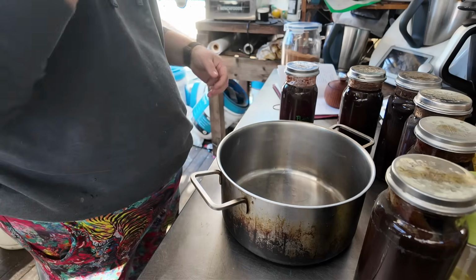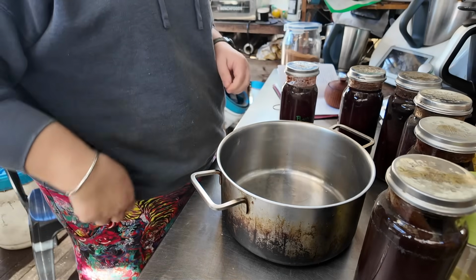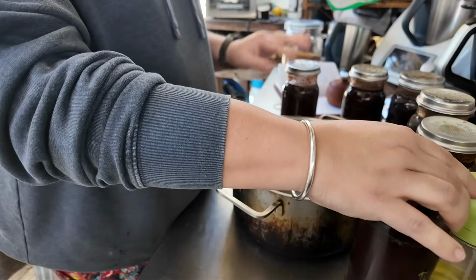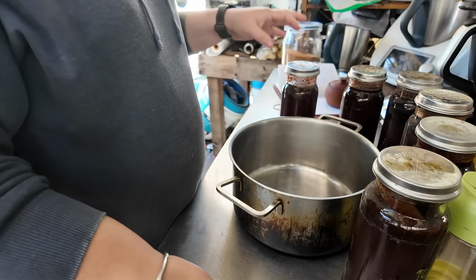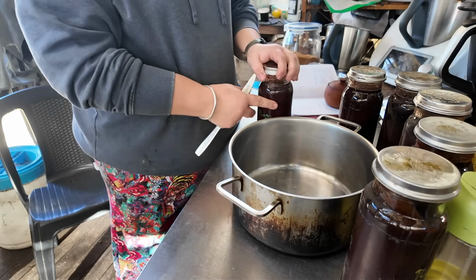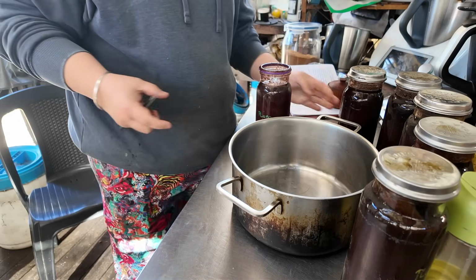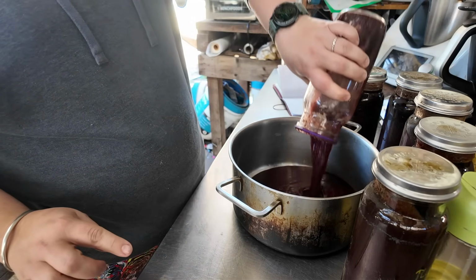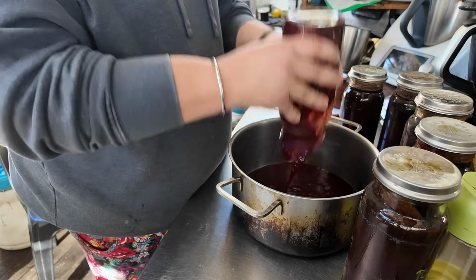All right, so it seems that there's less plum barbecue than I expected. So I might do the apple butter barbecue at the same time just to make it worthwhile, because I'm only going to need a small pot for this. There's only 6 jars of it, but there's still 6 jars that just are not being consumed because it's not quite what we wanted. So you'll be able to see the consistency of it. It's very much